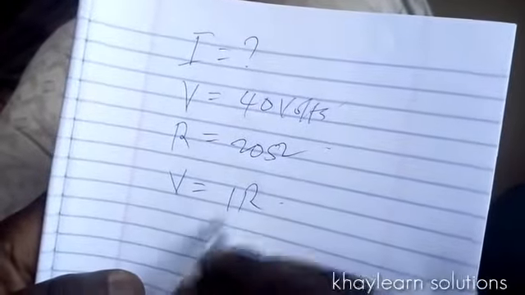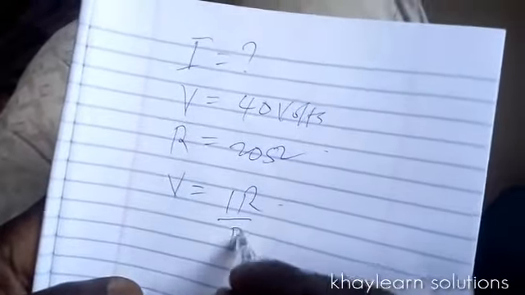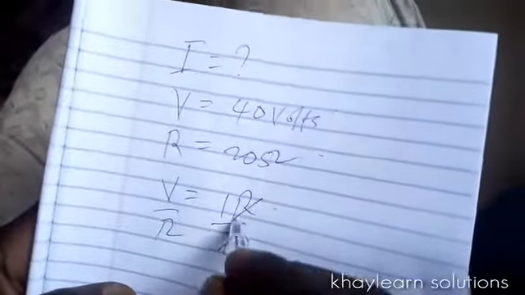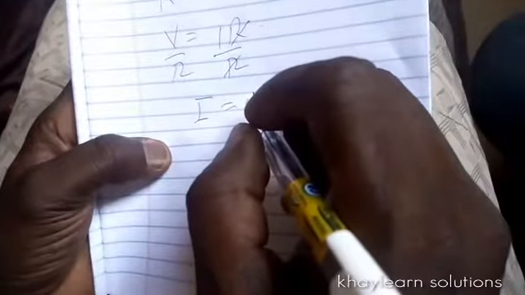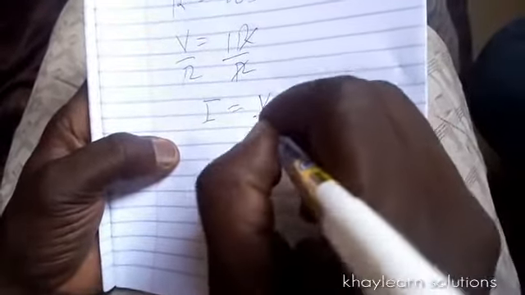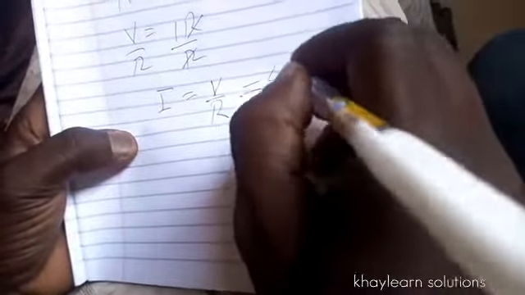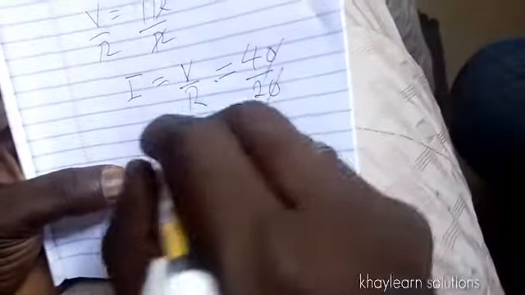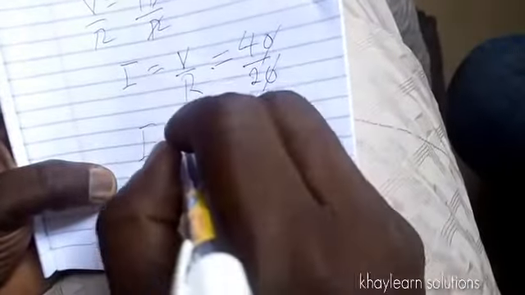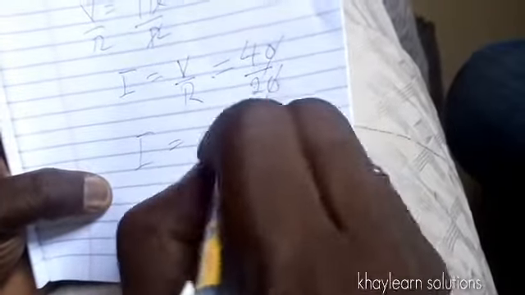We can find our I by dividing both sides by R. R cancels R, and you're now left with I equals V over R. This equals 40 divided by 20. This cancels this. I equals 4 divided by 2, which is 2 amperes. Simple. If you are asked to find the resistance when I is 2 and V is 40, it can still be calculated